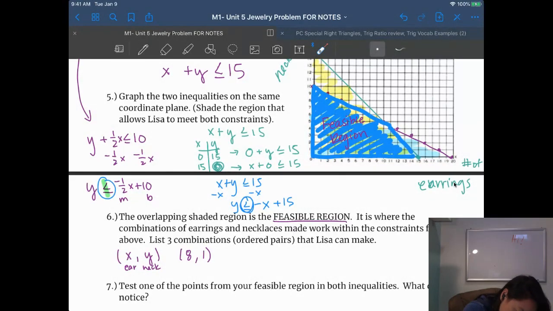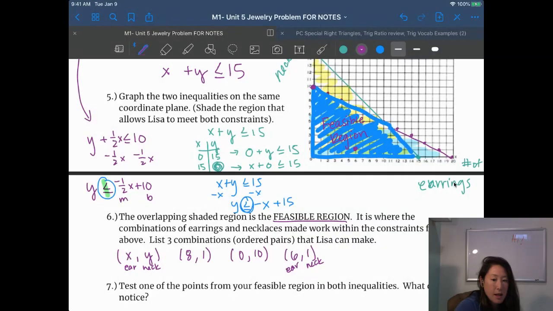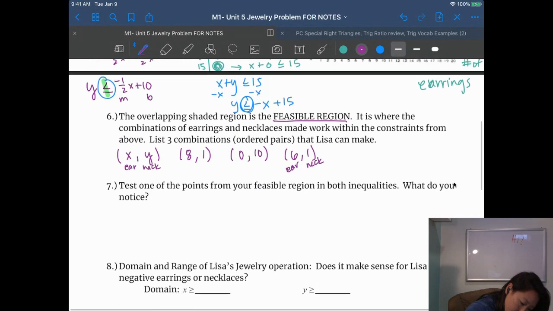Okay, choose another point. Maybe right here. That would be 0, 10. Another point right here, 6, 1. Means she can make 6 earrings and 1 necklace. Does that work for her time and her money constraint? Well, let's see. So for time,